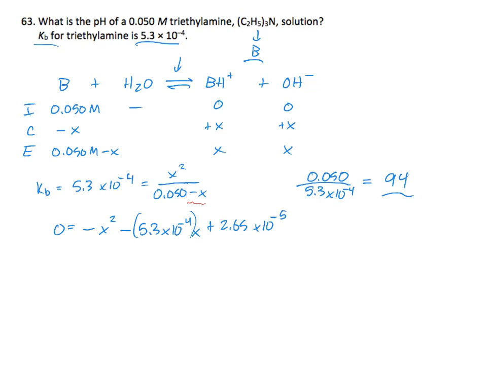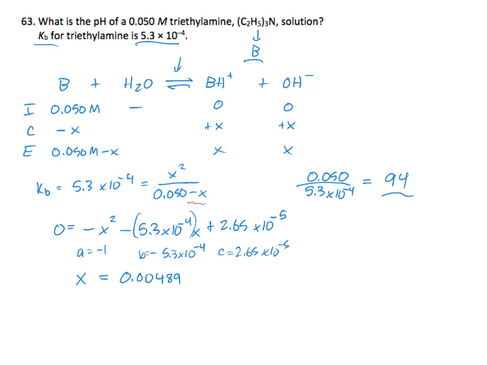So our value for A is minus 1, B is minus 5.3 times 10 to the minus 4, and C is 2.65 times 10 to the minus 5. So we stick that into the quadratic formula, which spits out a value for x of 0.00489. Keep in mind when you do the quadratic formula, it actually gives you two different values for x, but